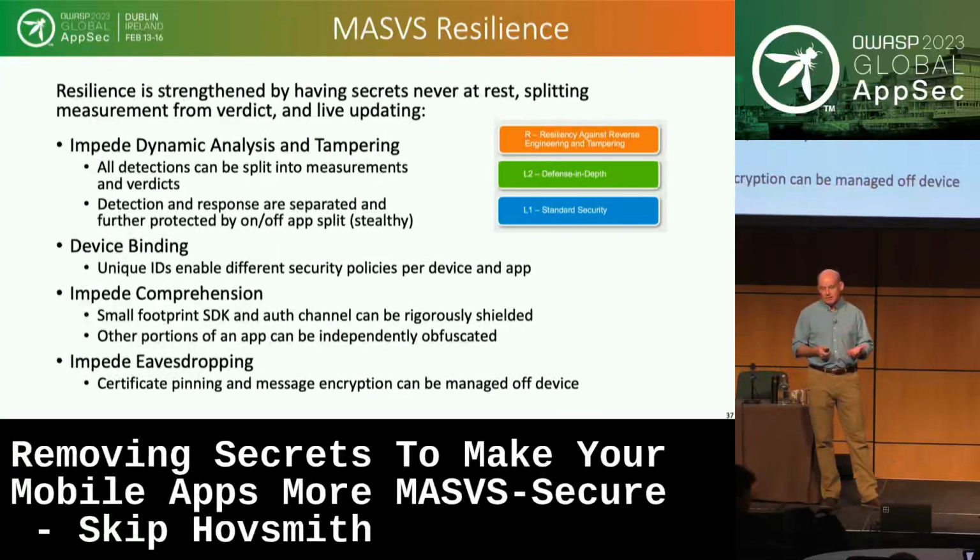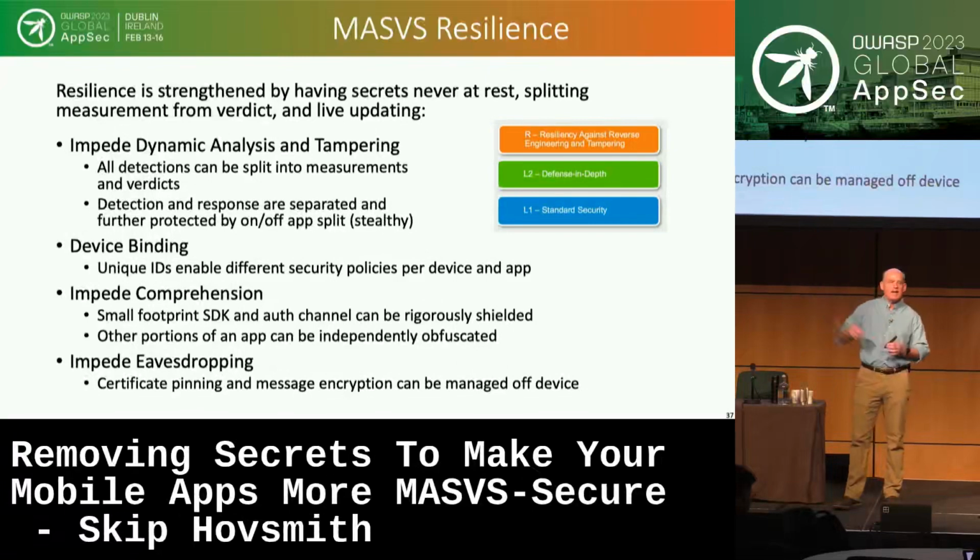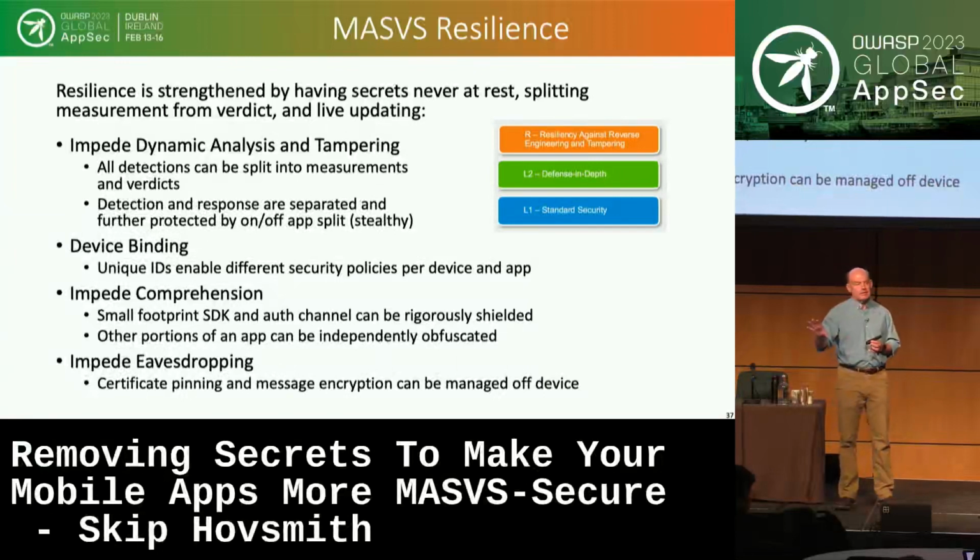Can we impede comprehension with this? Well, there's a little twist here in that the SDK itself is small. We try to get as much out of the application as possible. So you can go in and obfuscate, shield and harden that SDK as much as you want. The rest of the application, you don't need to. You can do it if you want, and I would recommend you do. But there's a separation here between the actual machinery in the SDK, which can be heavily shielded, and then you can shield what you want. So you don't have to pay the overhead of a full obfuscation if you don't want to.